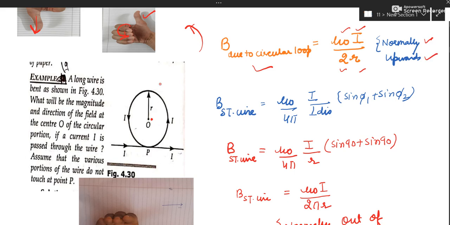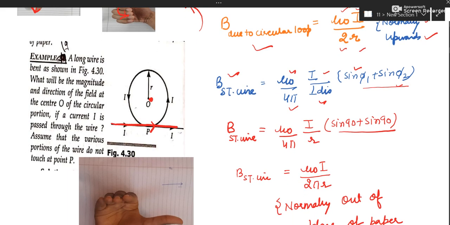Now there is one more thing which will exert magnetic field at point O, this wire. So this is the case of straight wire as well, and that we have done. So we'll use the formula of magnetic field due to straight wire. It is mu naught by 4 pi I by perpendicular distance, sine phi 1 plus sine phi 2. So fine, let the wire be infinitely long, because they have not mentioned it so. So you can take sine 90 plus sine 90, which is 1 plus 1, which is 2. Right, and this 2 will be cancelling with this. So I got this is the general formula.